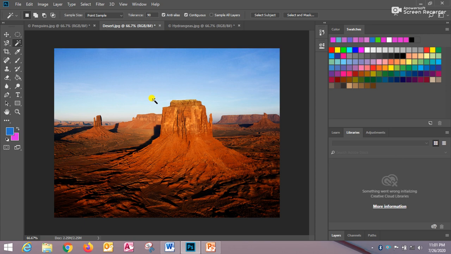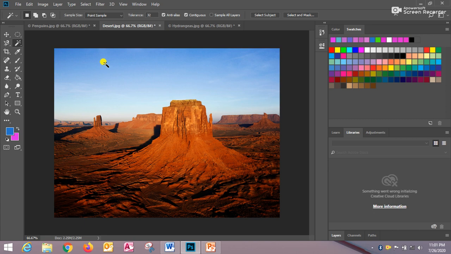Right students, so if I want to select the adjacent areas of the same color in an image, you have to select the tolerance from here. I am giving the tolerance here 32, meaning less tolerance. What is the meaning of tolerance? Tolerance determines the color range of the selected pixels, meaning how much range of the colors you want to select according to the pixels.